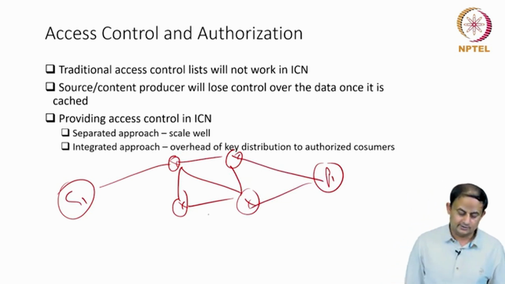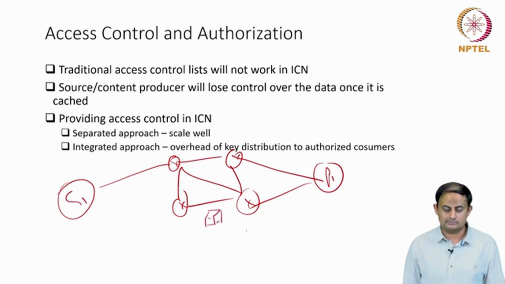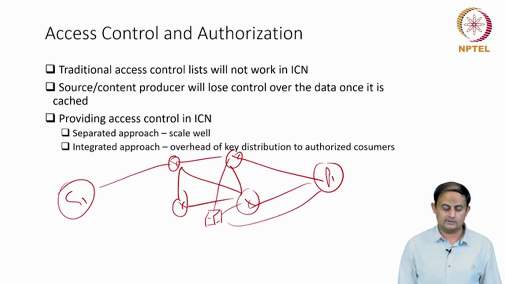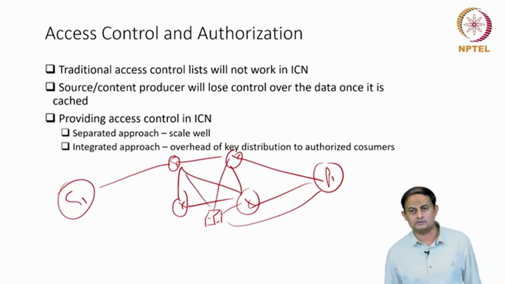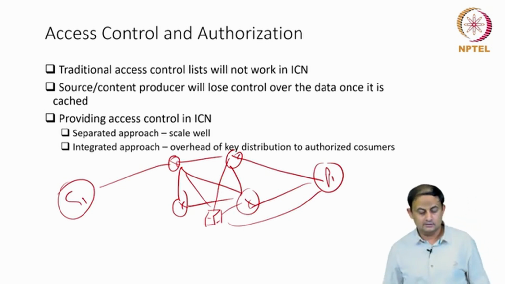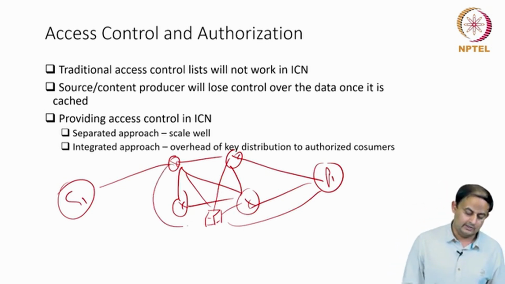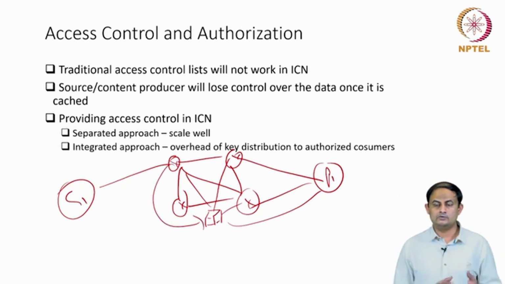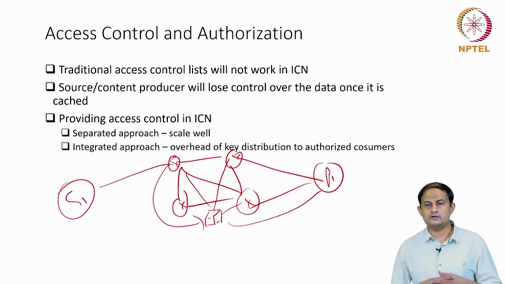And what I am referring to is, there is one service, maybe a service similar to the DNS, which keeps track of who is producing what content, and the same content is stored across many different routers. And when a particular user makes a request, the router first queries this service whether that particular user is allowed to access that content or not.